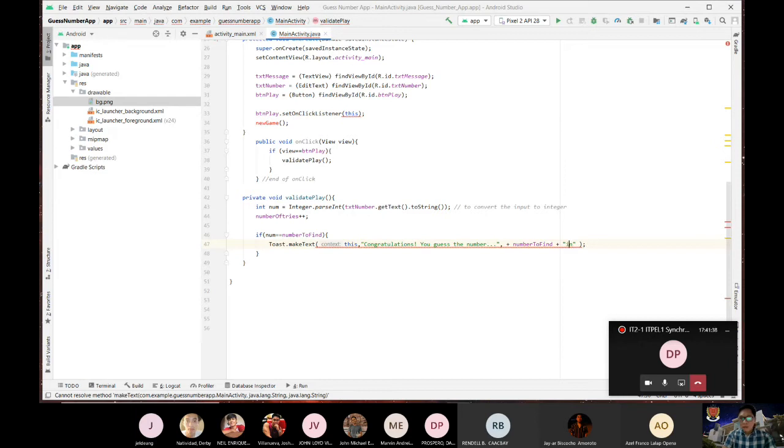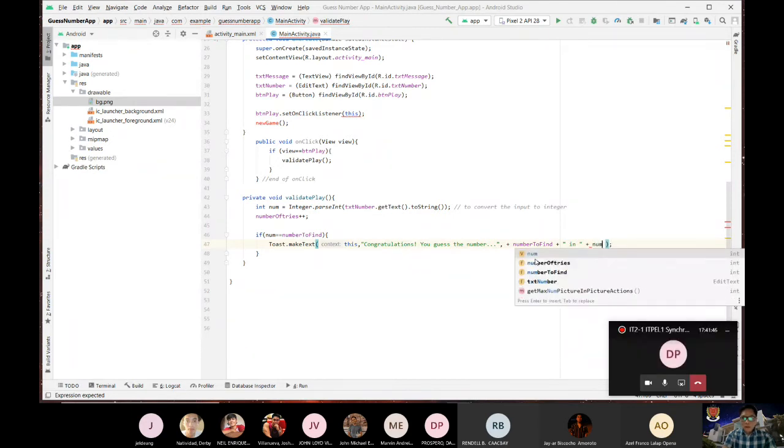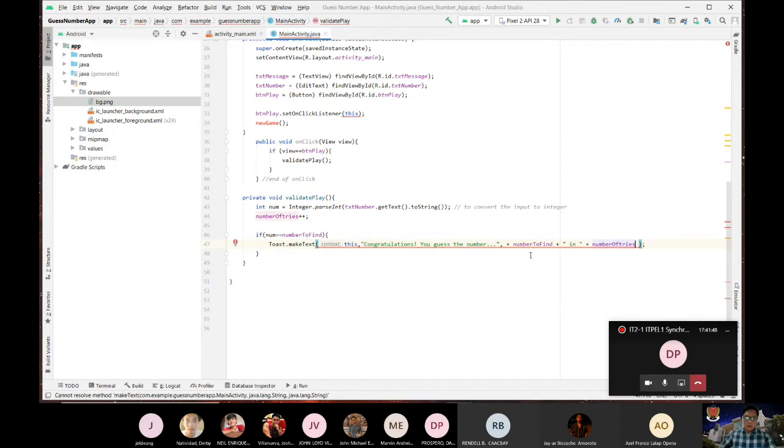In, bigyan natin ng space, plus number of tries. Okay, so number of tries plus say tries. How many try or tries, comma,